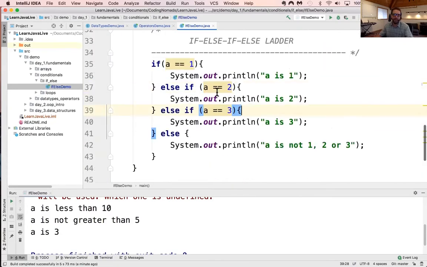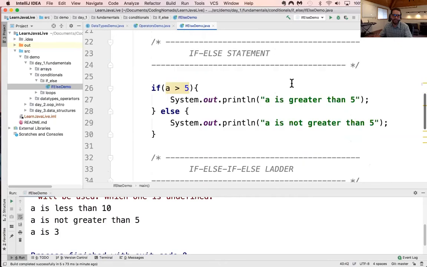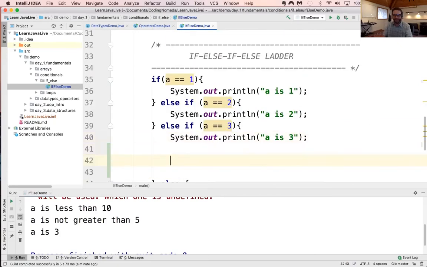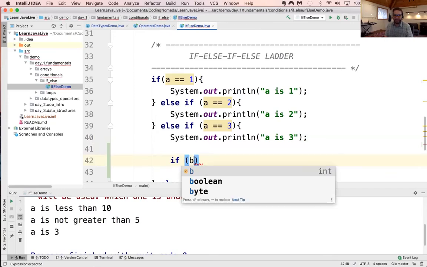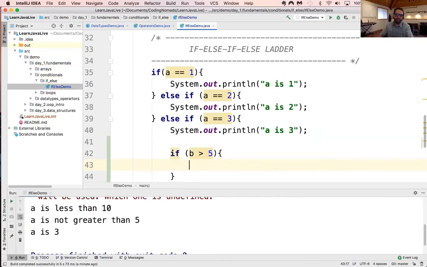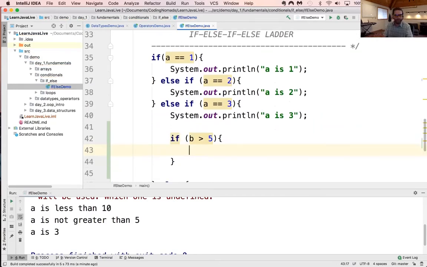One other little note here is that these can be nested, right? So here, let's go into A is 3, and we've got B is 10. Inside here, I'm inside this else if statement, I can say if B is greater than 5, I'm going to open up, so it'll go into that here. I can do another one. If B is greater than 7, open that up. If B equal 9,